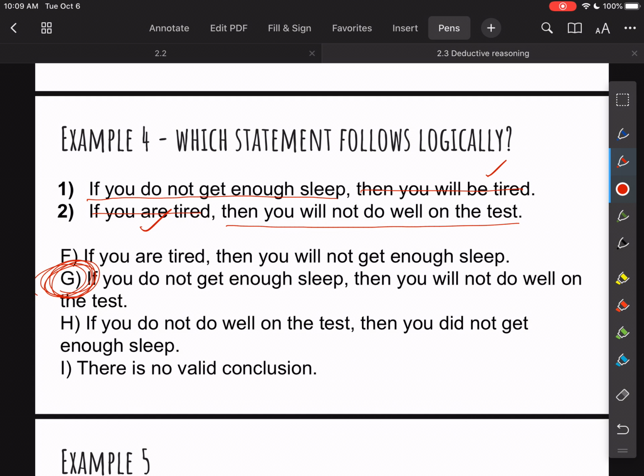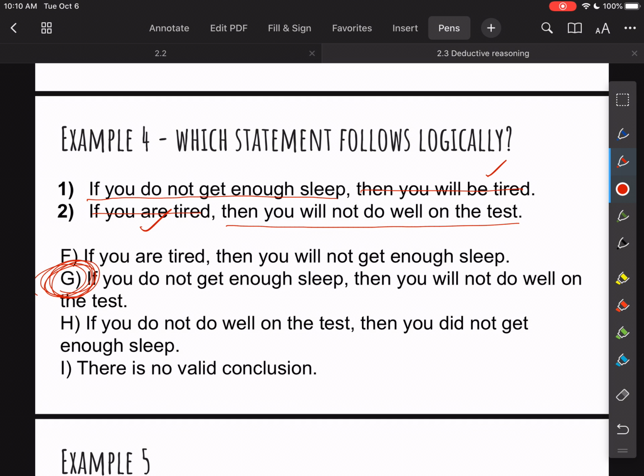Okay, just to make sure we chose the right one, let's look at the rest of them. If you do not do well on the test, then you did not get enough sleep. Well, no, we can't go backwards. So this is an important thing to note. We can't go backwards because couldn't there be a number of other factors that allowed us to not do well on the test? What if, for instance, what if